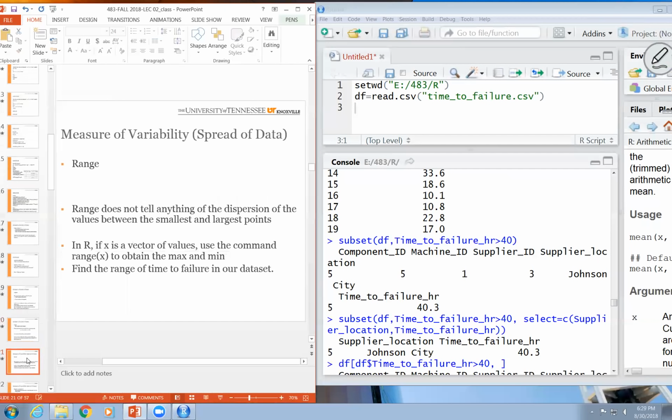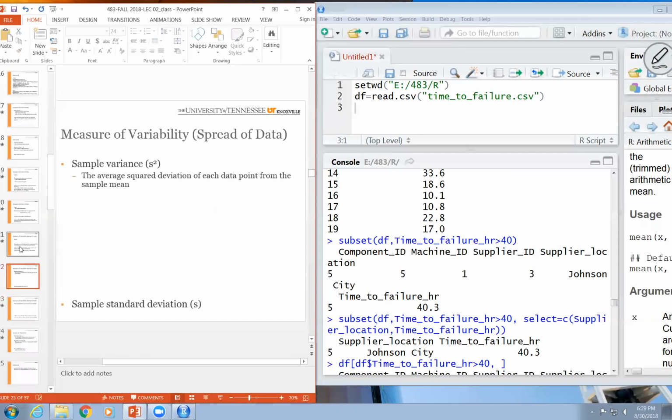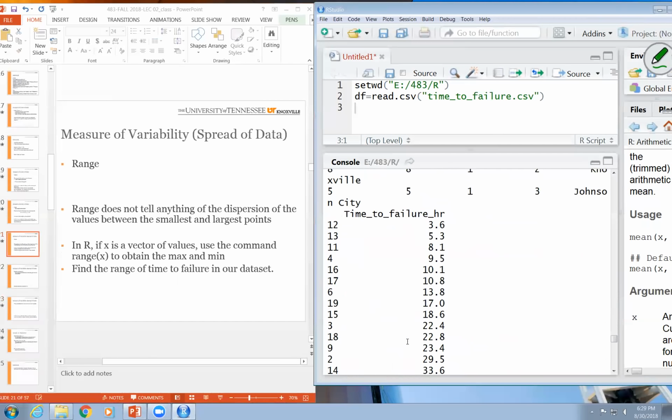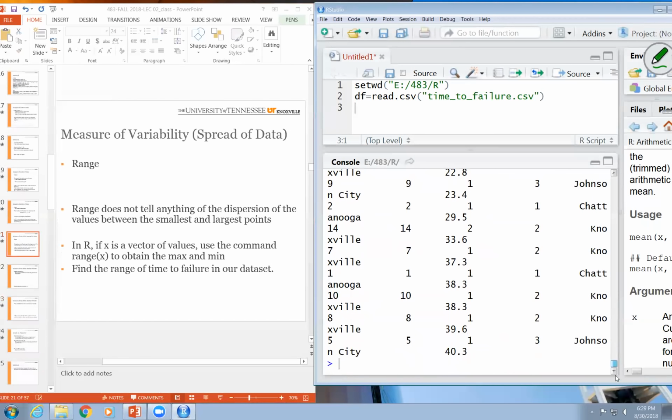What is the range of a data series, or a vector? Minimum and maximum, right? So largest and smallest. You can call the command range. So let's see what's the range of our values for time to failure. So df time